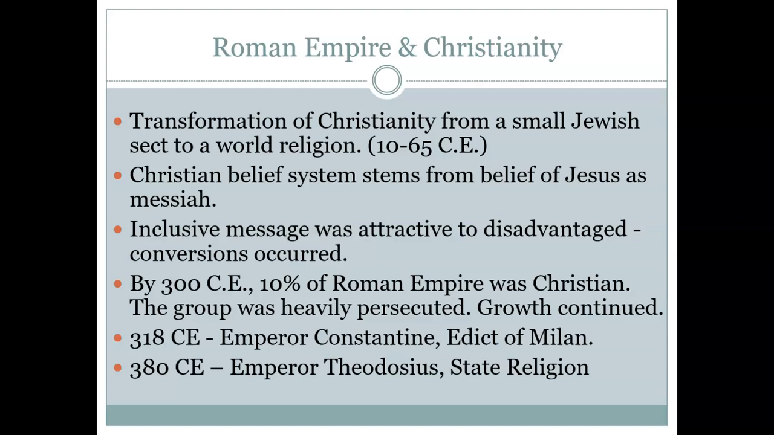By 300, 10% of the Roman Empire is Christian, and this is a group that's persecuted. By 318, there's an edict that allows toleration of Christians. So Christians are allowed to practice in the Roman Empire. And by 380, Christianity actually becomes the state religion. So even though there's a slow start to the spread of Christianity, it actually moves pretty quickly across the